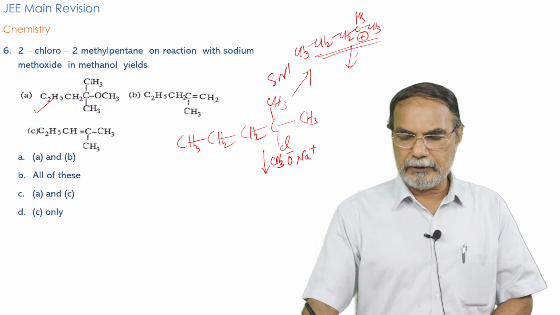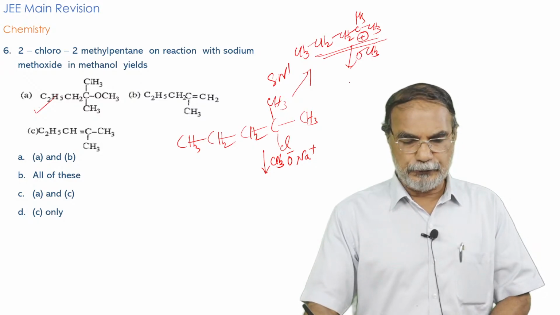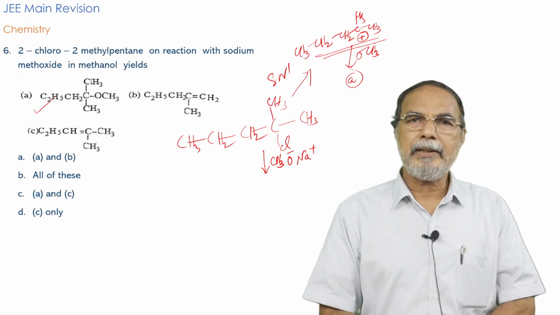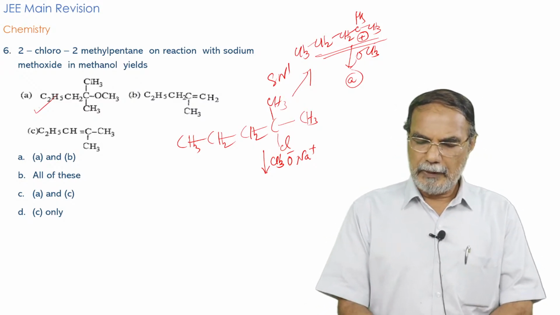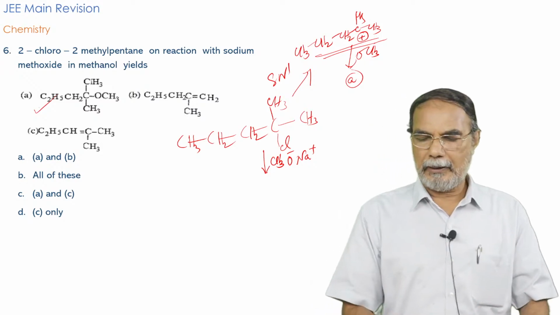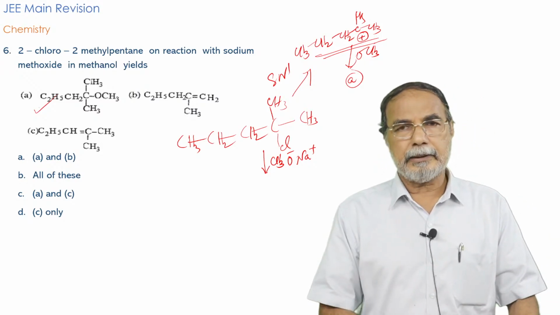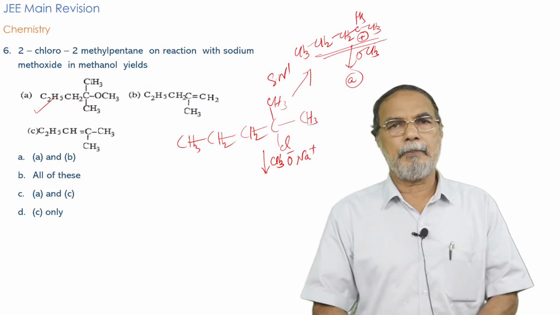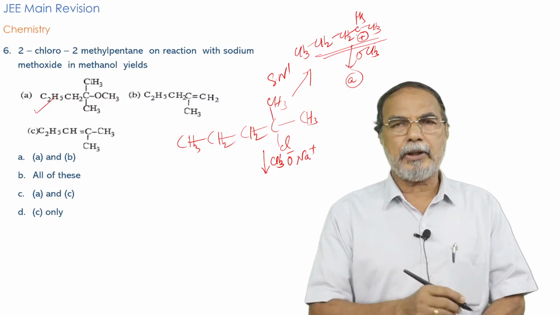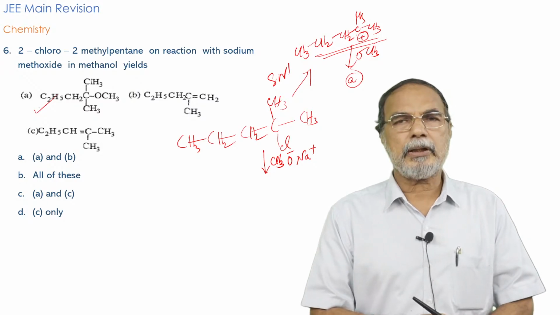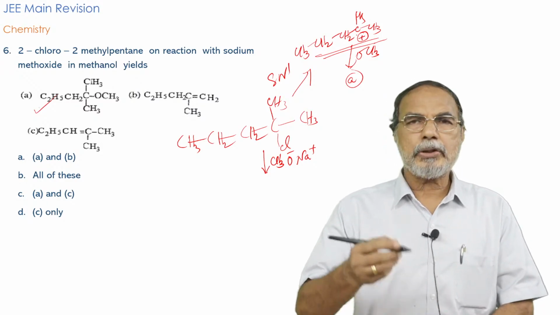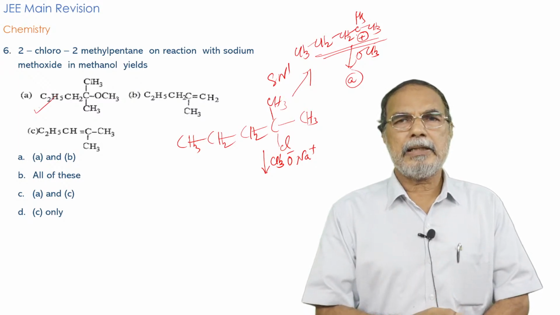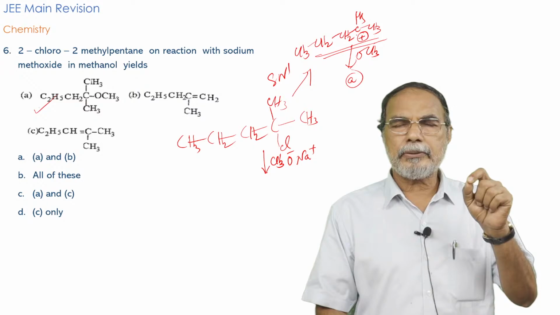It can react with the OCH3 minus to form the product A. A is a product, right? A is a product. Now what can happen? As I said earlier, the carbocation chemistry is very, very important. So here the carbocation, a tertiary carbocation, in addition to an Sn1 reaction, a tertiary carbocation is always likely to